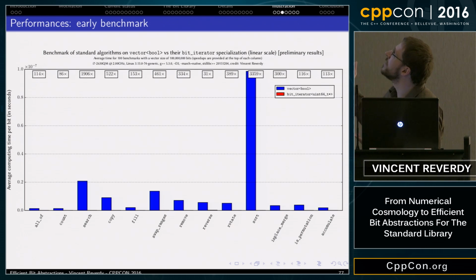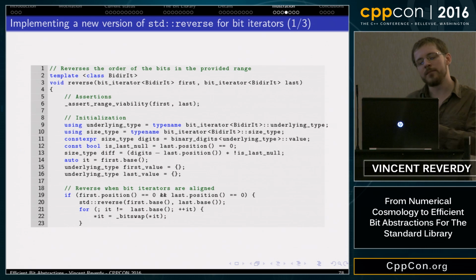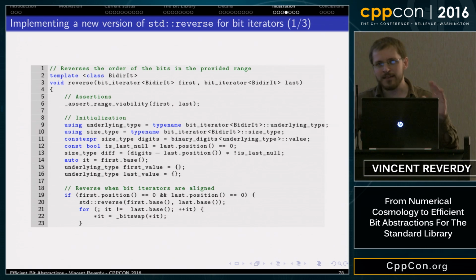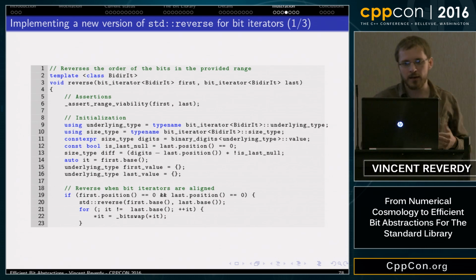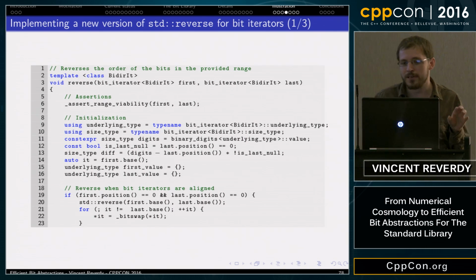We don't even see the bit iterator performance in that plot. These preliminary benchmarks were done with aligned bits, and we are now working on implementing the algorithms for non-aligned bits. So when your bit iterator does not start at the LSB, and neither your first nor last iterator corresponds to the least significant bit.